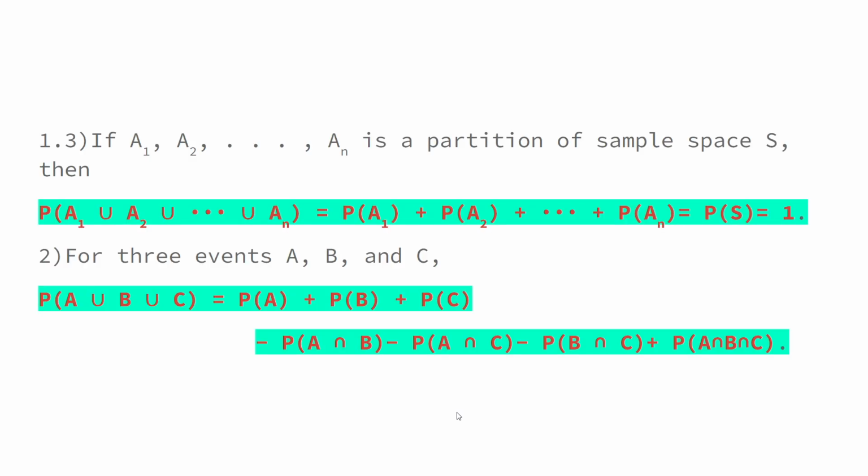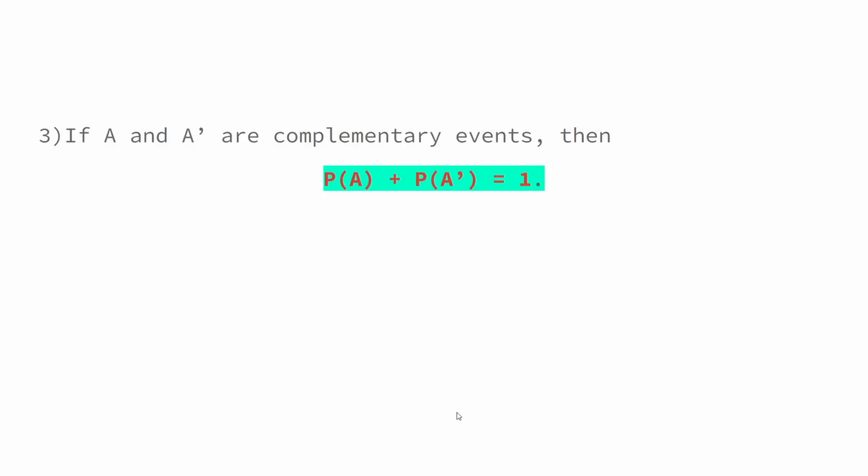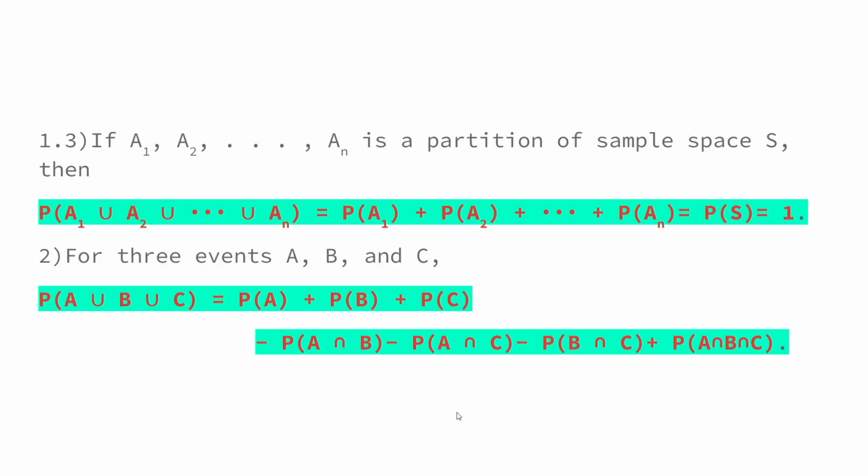Okay, let's go ahead. There's some problem with my slides here. Okay, go back. Yeah, okay. One special case of the previous thing I had written is 1.2 over there. The follow up of it is 1.3. If A1, A2, A3 up till AN is a partition of a sample space S, then